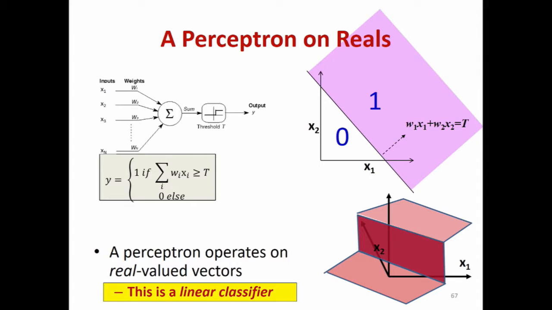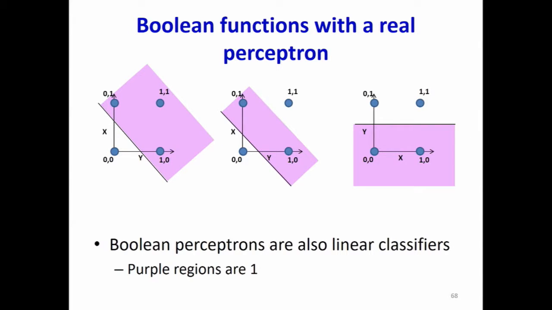Now, an individual perceptron, we saw this in the last class, is simply a linear classifier. It uses a linear threshold, which is a hyperplane. The output is going to be 0 on one side, 1 on the other side. So if the input were two-dimensional, the perceptron is going to be a function of this kind, right? And we saw immediately, once I just know that this is what a perceptron is going to compute, I can